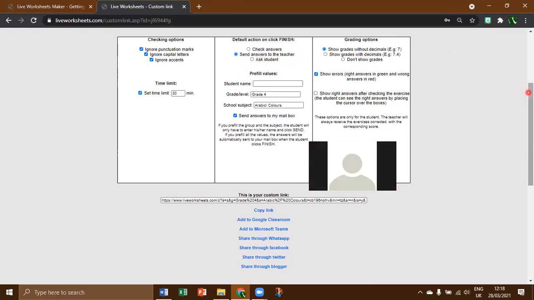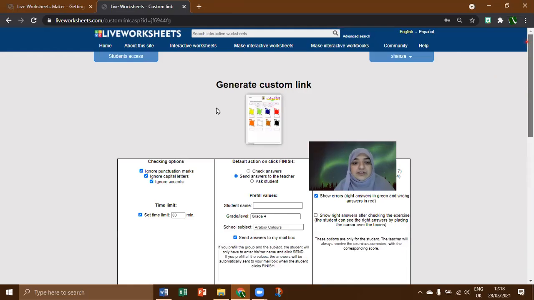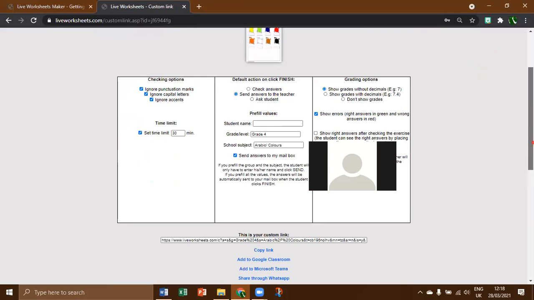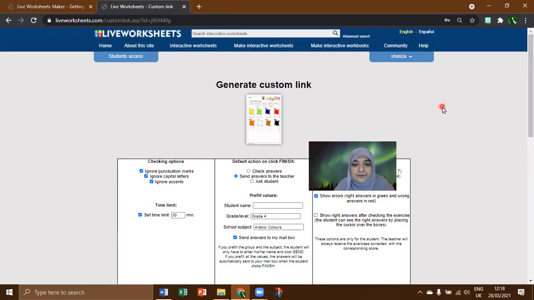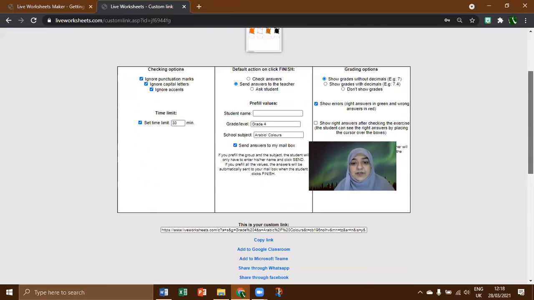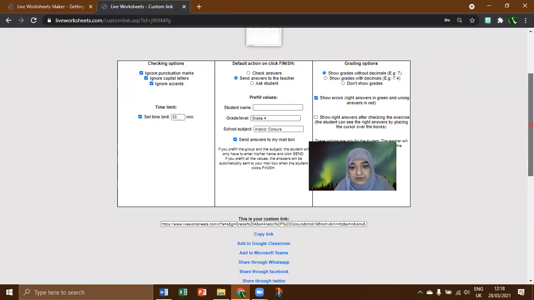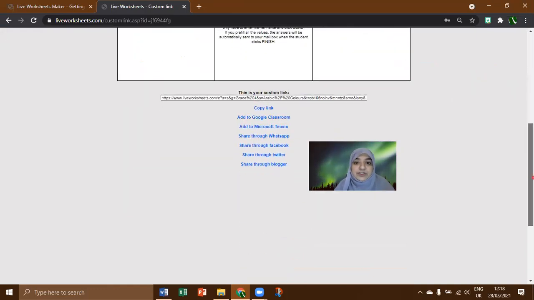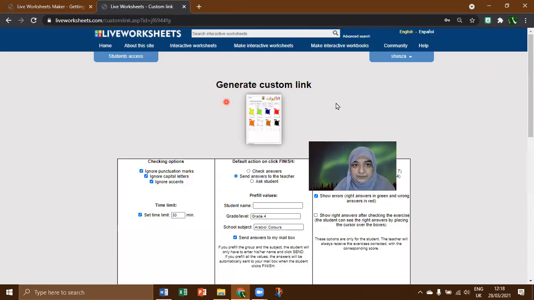Okay, what about that one? Can we edit the same worksheet before sending? No, we cannot edit the same worksheet. I had tried this one and we were not able. In quizzes we can edit, but here we can't edit it. And if the creator of this worksheet has allowed us, we can download this worksheet in the PDF version, but only if we have access.